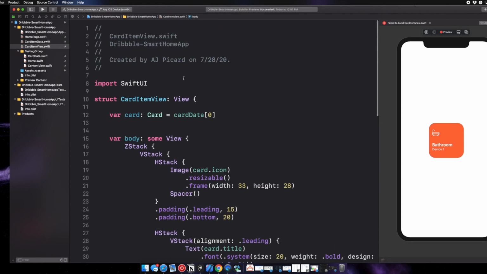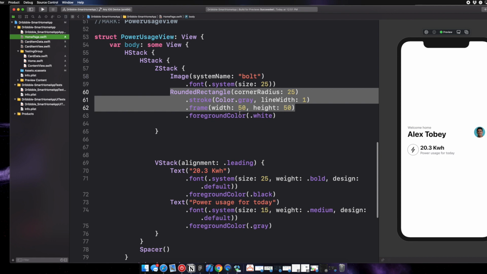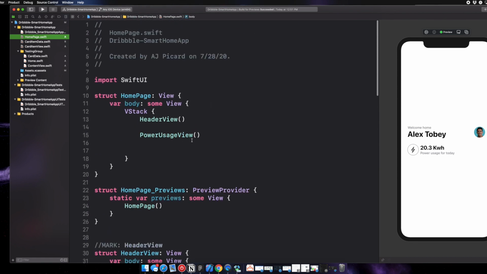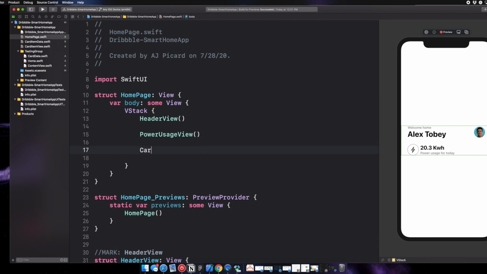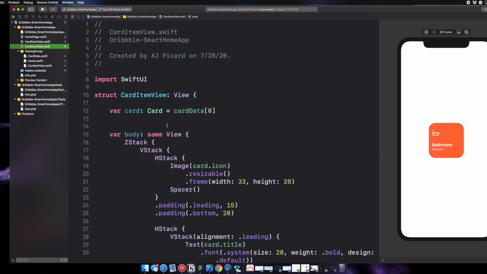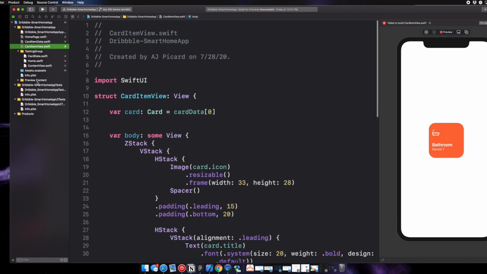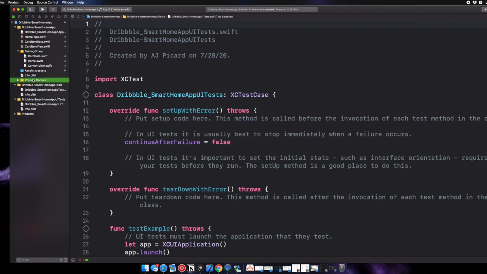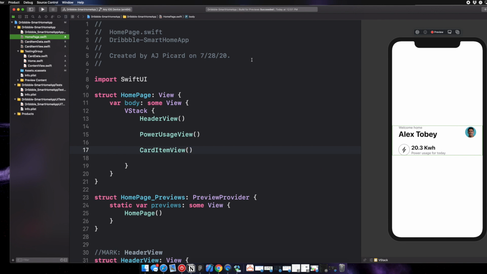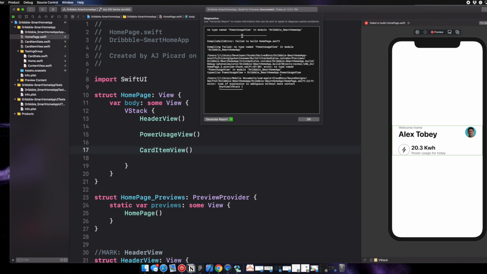So let's go back to our home page, and we have all this stuff, and what we're going to do is call card item view. Okay. Why? See if I can get this to resume. Diagnostics. No name type, power usage view, and model. What? All right, so we're just going to go ahead and